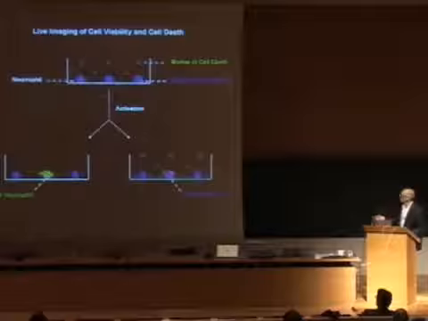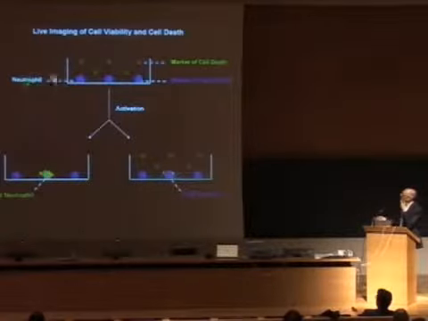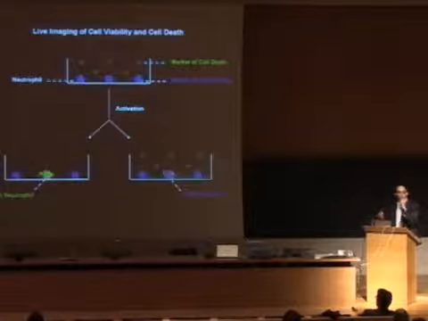And the experiment was done in the following way. I'll show you 2 slides explaining the mechanism, and then I'll actually show you the movie. So we took a culture of neutrophils and activated them, but the neutrophils were stained with calcein blue, which is a marker for living cells. So in the presence of calcein blue, the cells turn blue. If they die, they lose the color.